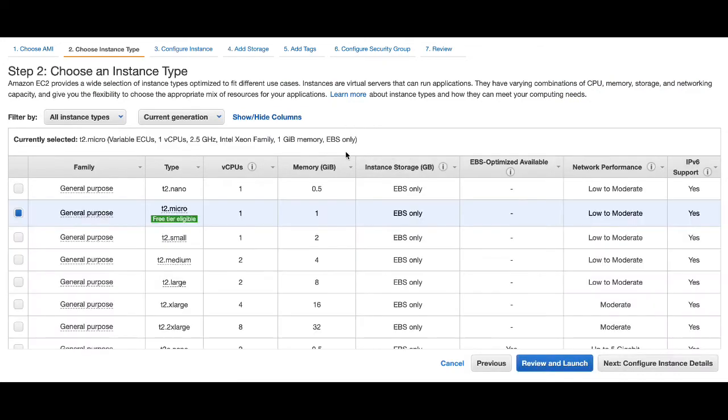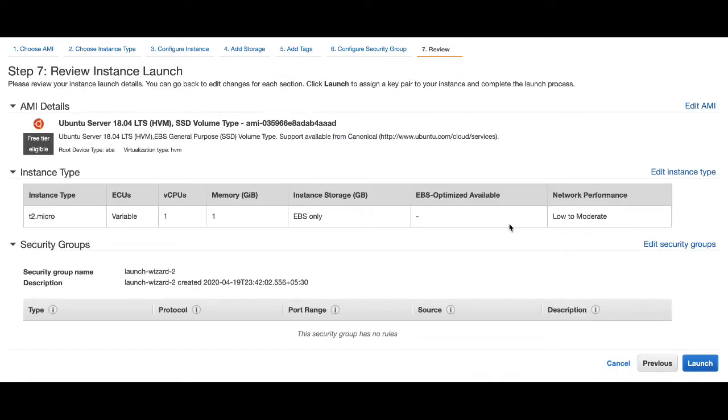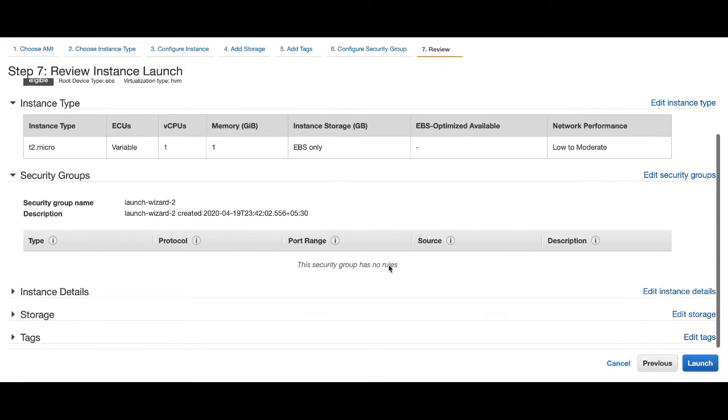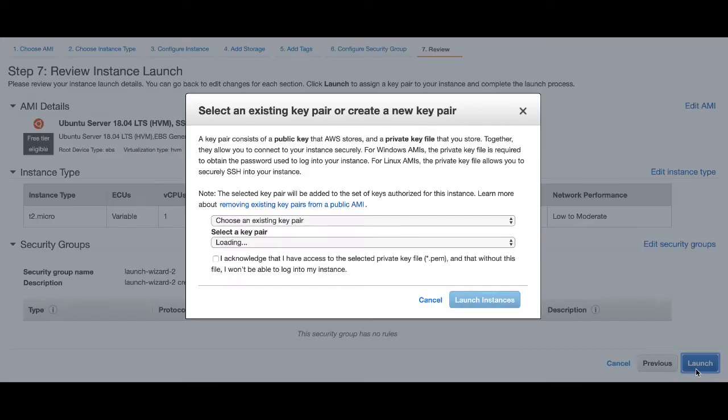Here you have to select the instance type. Let's proceed with T2 micro, which is free tier eligible. Let's review and launch. T2, EBS. Let's leave all of this as default and launch this.